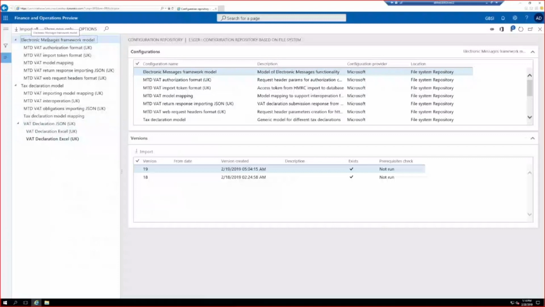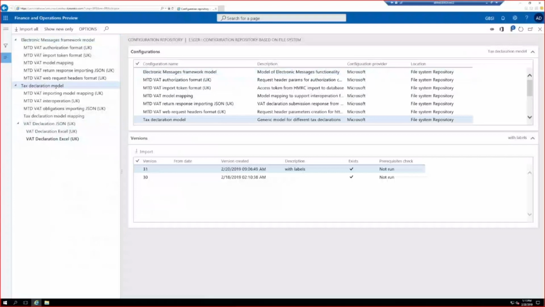But in general, the entire solution is built around those configurations. The first, which I'm highlighting right now, is the electronic messages framework model, which we'll use later in electronic messages for processing actions and steps of workflow. The major part, which is delivering the data and receiving the data from HMRC, is the tax declaration